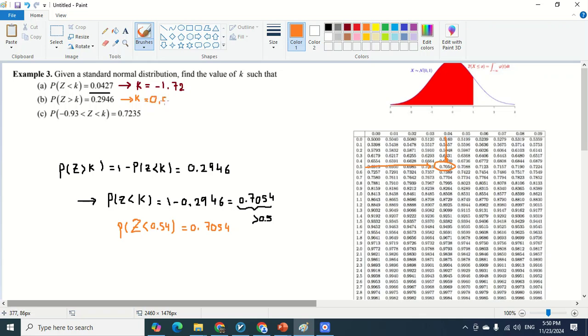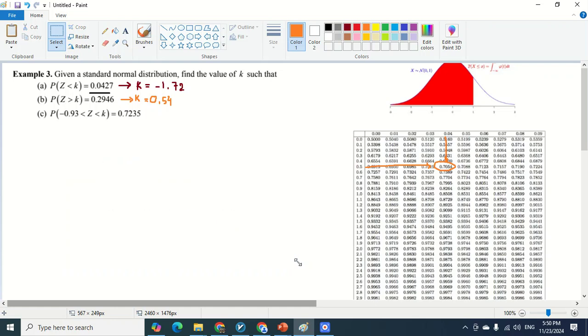So for the last question, we have more calculation indeed, and we should write it as two probabilities. This means that the expression on the left side can be written or split into two parts. We can rewrite it as the probability of z less than k minus the probability of z less than minus